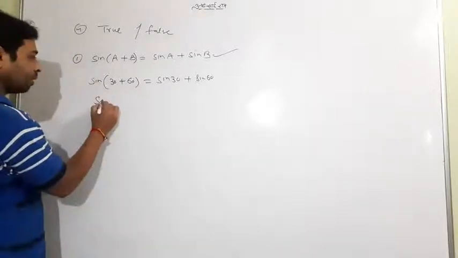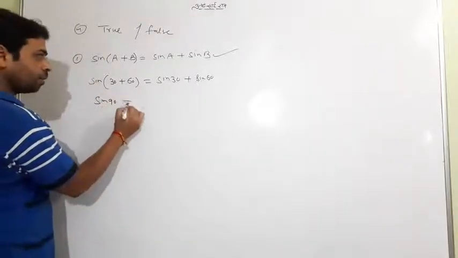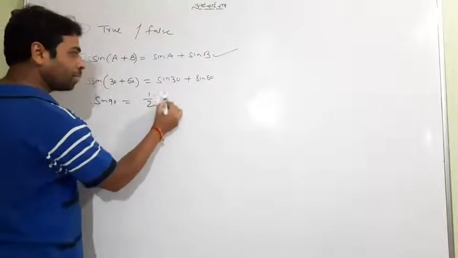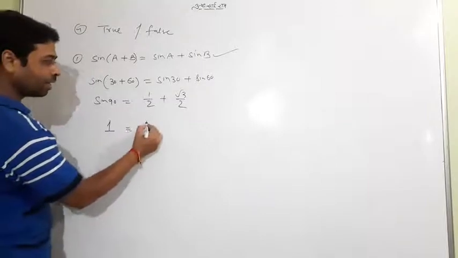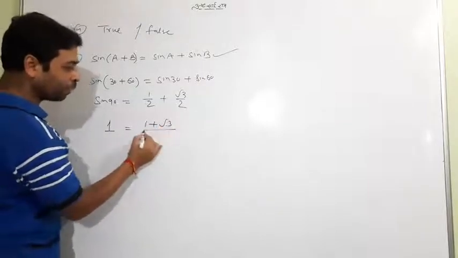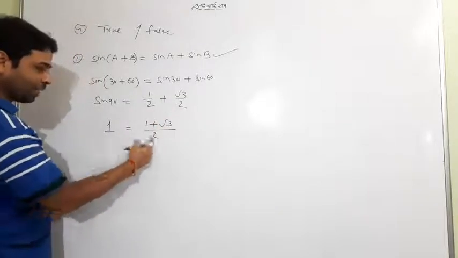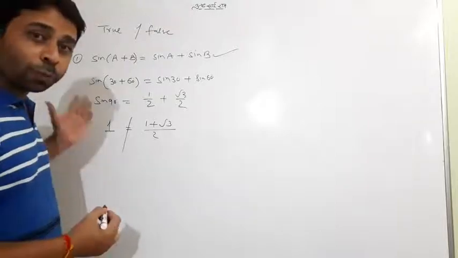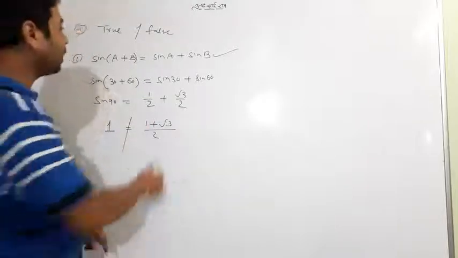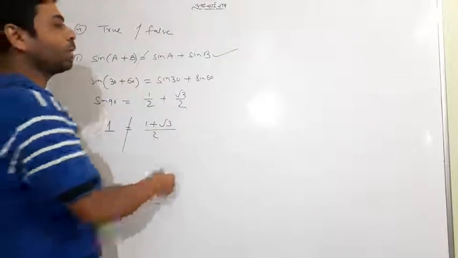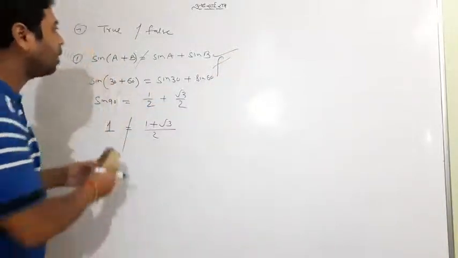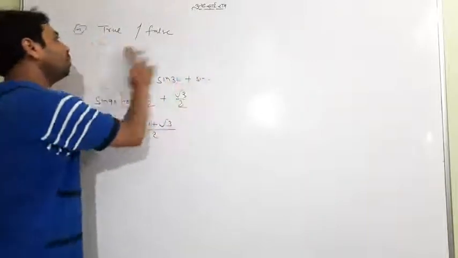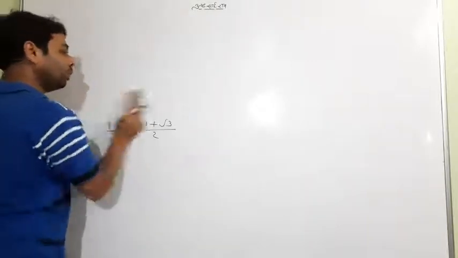Okay, sine of 30 plus 60 is sine 90. Sine 30 is a half, sine 60 is root 3 by 2, sine 90 is 1, and on the other side it is 1 plus root 3 by 2, because the LCM is 2. Is this true? No, it is not true. It is 1. It is very different. Meaning this is also false. Meaning whatever the condition is, it is actually false. False. So this is simple, I think. I don't think that I have to tell you more and more. Now this first one is false.